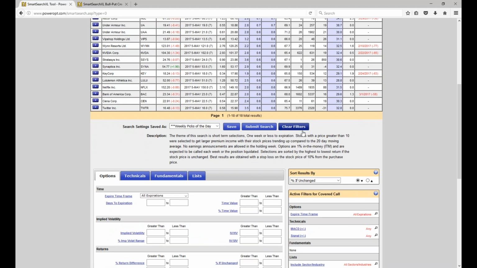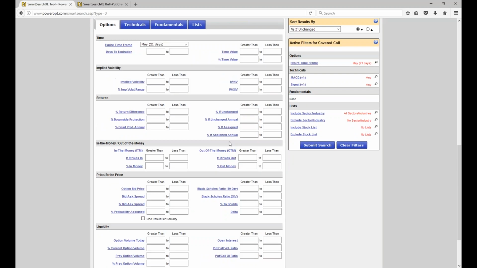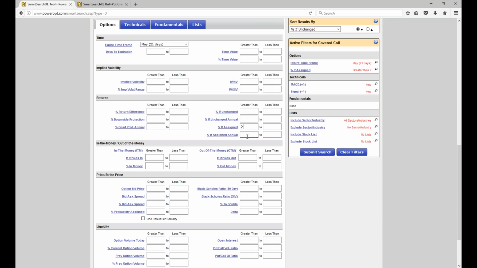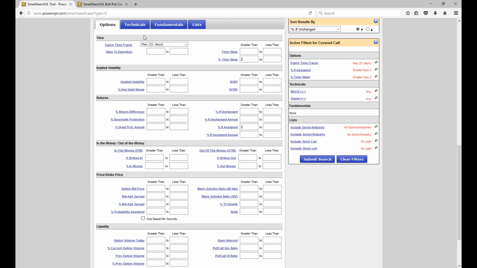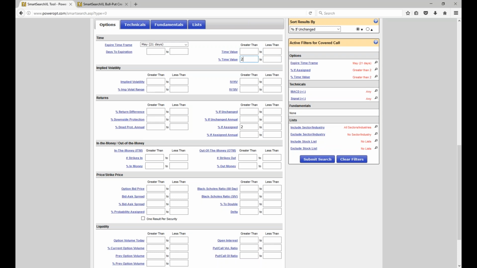I hit clear filters first. I'm going to set my expiration time for the 8th of May. I want my return if assigned to be about 2%. I could say my percent time value, the at the money option, I want to be 2% for this 21-day trade. And I want to have at least a good 3% downside protection. But you know what? I'm going to leave that out. I'm just going to say I want a 2% time value, at least, let's say, a 2%